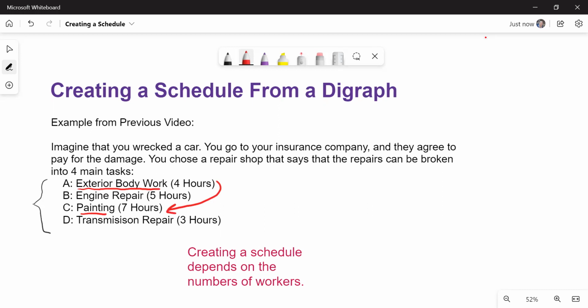Now, once you have this digraph, and we're going to take a look at that digraph in just a second once again, once you have it created, then you can form a schedule. I'm going to show you how to make a schedule in this video. But one thing to note is that creating a schedule depends on the number of workers. Now, workers we'll often call processors because,